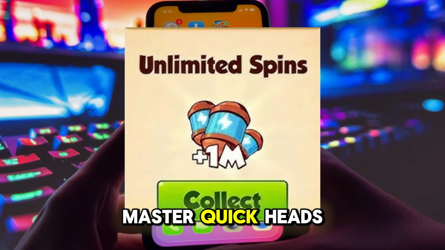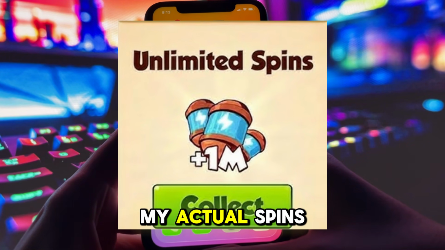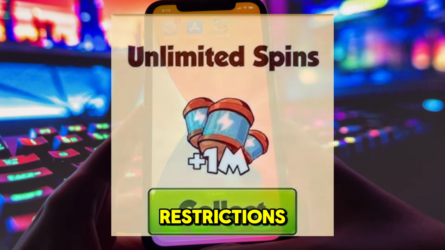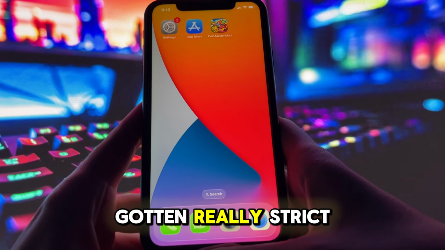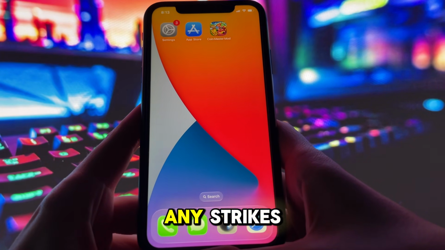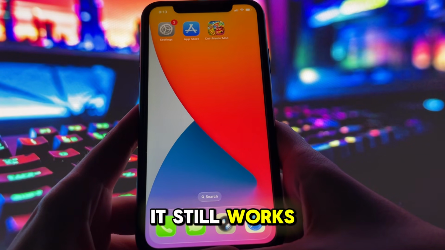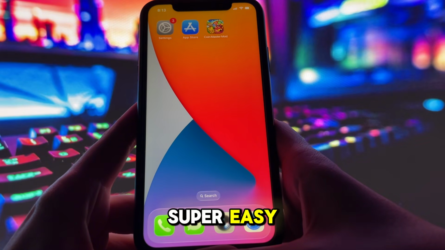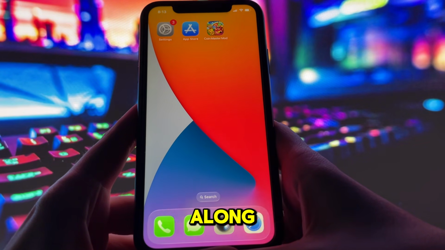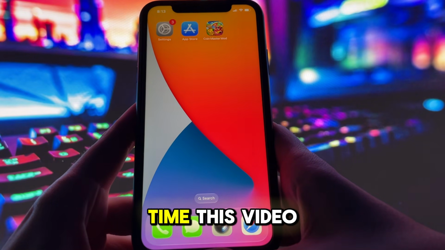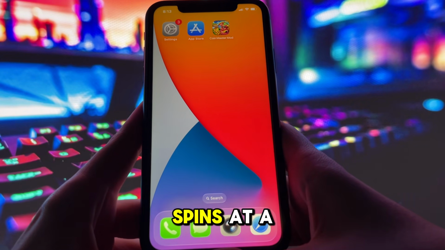CoinMaster. Quick heads up though, I can't show my actual spins amount because of copyright restrictions. The developers have gotten really strict lately, so to avoid any strikes, I'll just walk you through the steps. But don't worry, it still works 100% and it's super easy. All you gotta do is follow along as I break each part down. Stick around till the end, and by the time this video wraps up, you'll be earning spins at a crazy